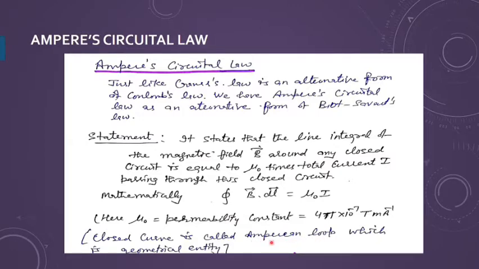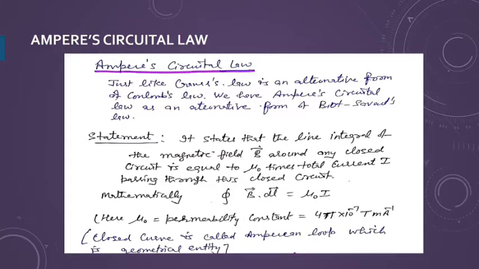Like we had the Gaussian surface in the electric field, here we have a loop like a circle. This closed curve is like a circular loop, known as the Amperian loop. We can also have a rectangular loop, simply like a wire loop, and that will act as an Amperian loop, which is of course a geometrical entity. To make things easier to understand, we assume the Amperian loop, which does not actually exist, but we take its help to understand things.